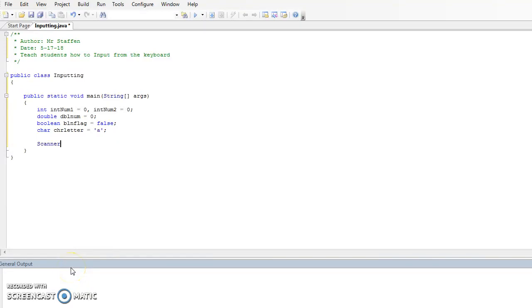Okay, welcome to our fourth lesson. The fourth lesson is on inputting from the keyboard, and I already have the program pre-set up. As you know, I have the topics up above here. On the top, I have a heading, author, date, something about the program. And the name of this class is called Public Class Inputting, because we're going to teach you how to input